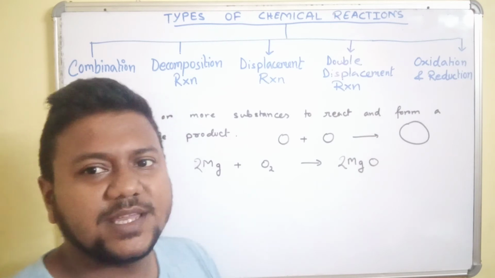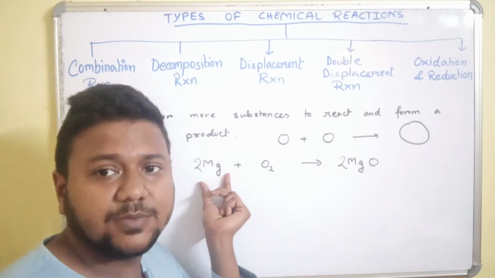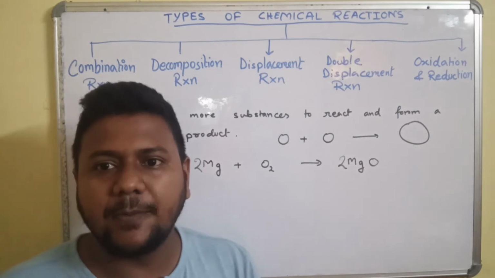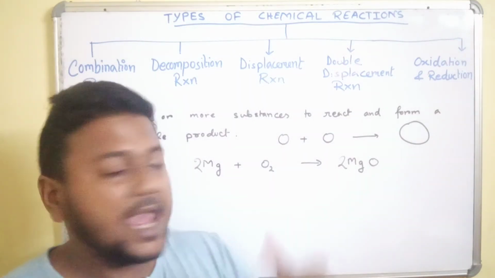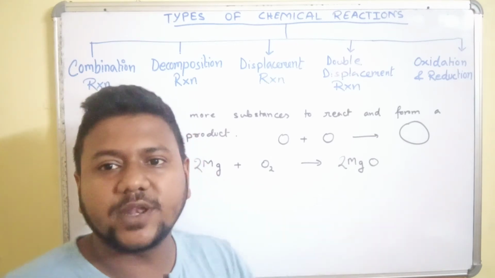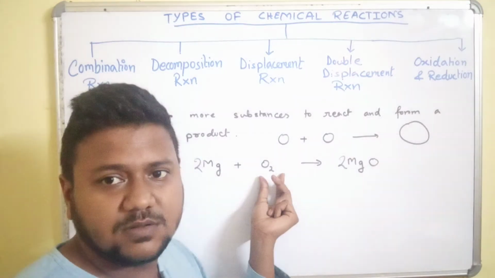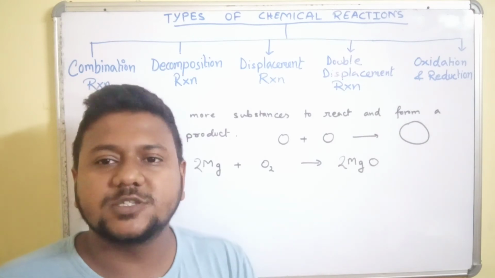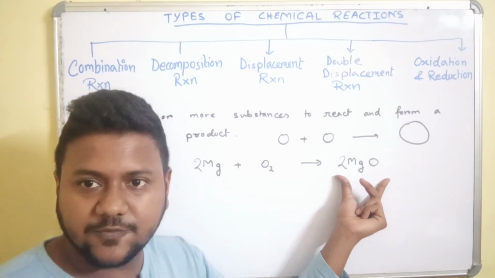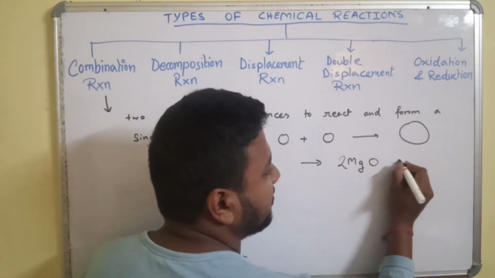Now when we actually do this experiment in the laboratory, what happens? Magnesium is a metal. On aerial oxidation, the oxygen present in the atmosphere reacts with the metal and forms a white colored substance on its surface. So when we are reacting with oxygen, we need to clean the surface of the magnesium ribbon to remove the layer of magnesium oxide present on it, and we will see it burns with a dazzling white fume.